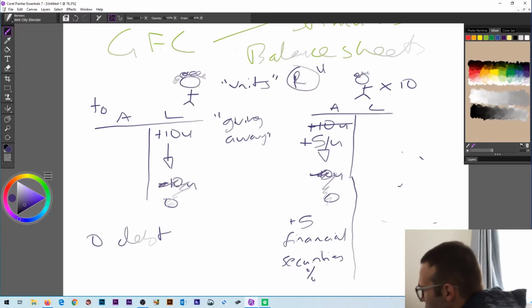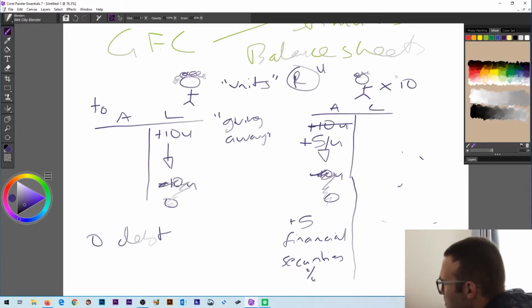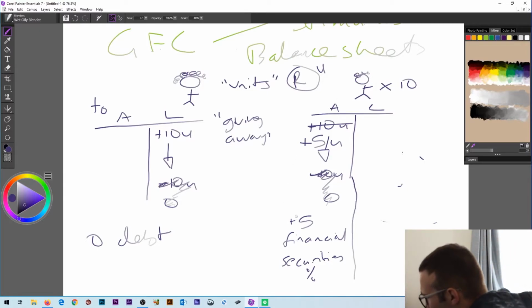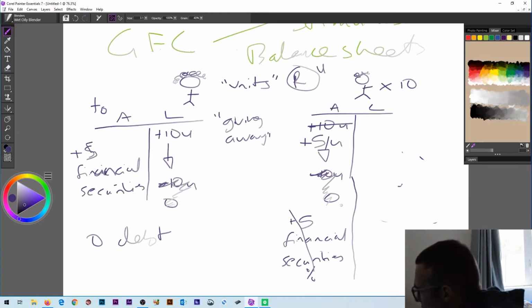So everyone wants to get out. But the thing is, everyone wants to get out of these financial securities at the same time. So what's the solution so we don't get a complete collapse? They sell these to you. They sell these and they become your asset, plus 5. So these financial securities come to you and they're still an asset. They're an asset for you like they're an asset for the people down here.